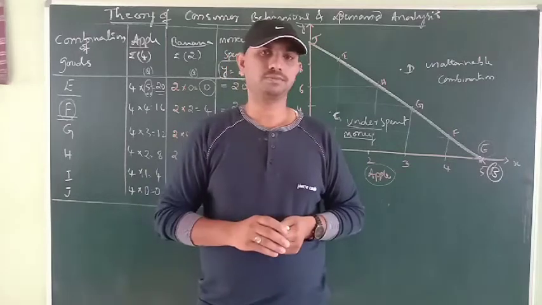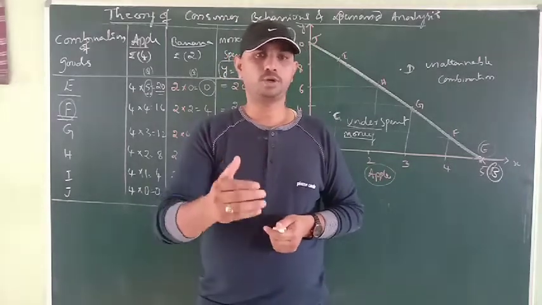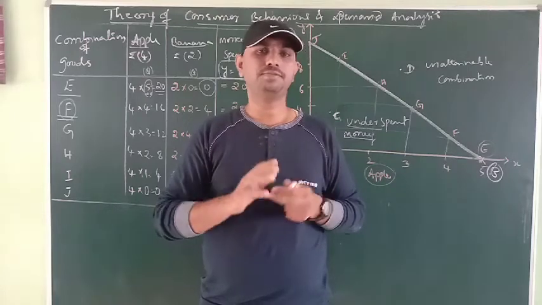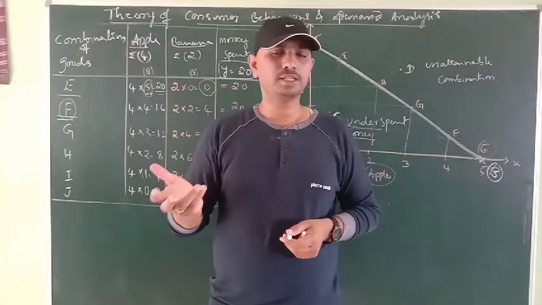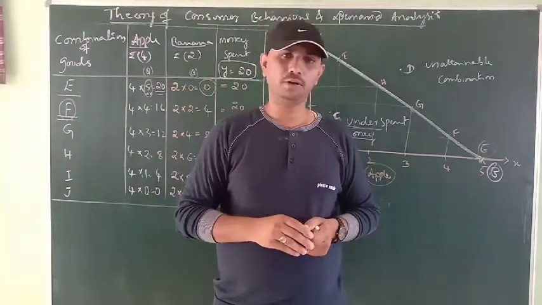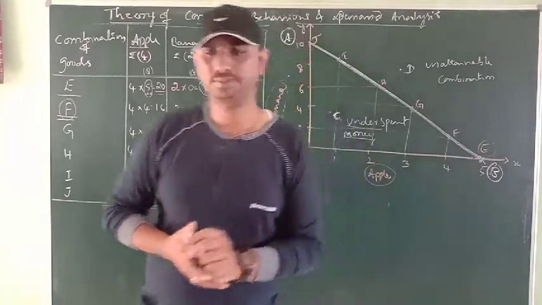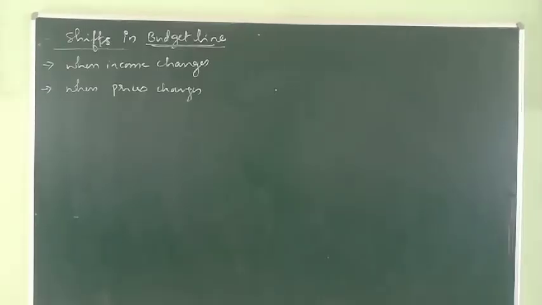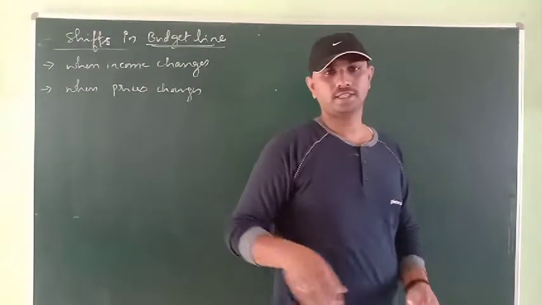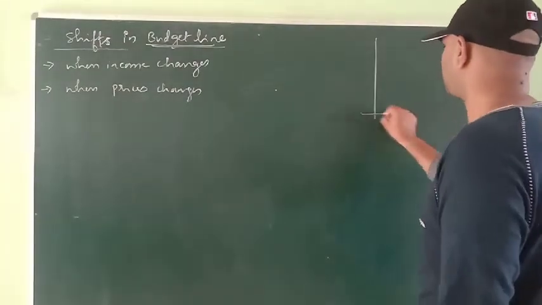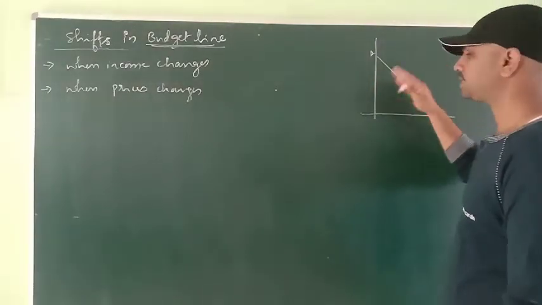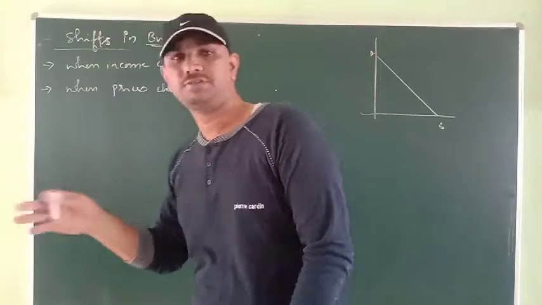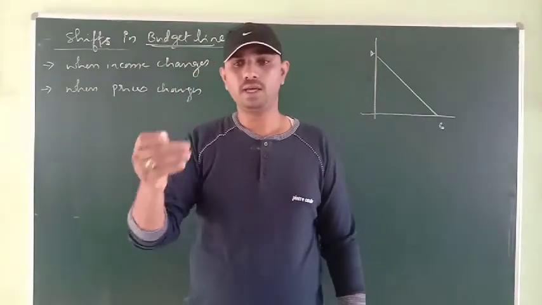So after all these, we are ready to enter the next topic of today's session, that is shifts in the budget line. When the budget line slopes from left to right downwards, can we expect any kind of shifts in the budget line? That's the thing we're going to discuss in today's session. Shifts in a new budget line or existing budget line. So generally the budget line always moves from left to right downwards. If this is a budget line, are there any shifts like upward shift, backward shift, downward shift, right shift, left shift, likewise? Can we expect any kind of shift?